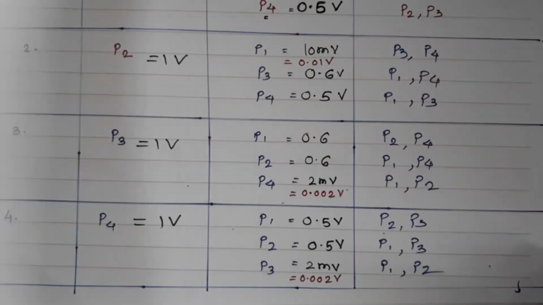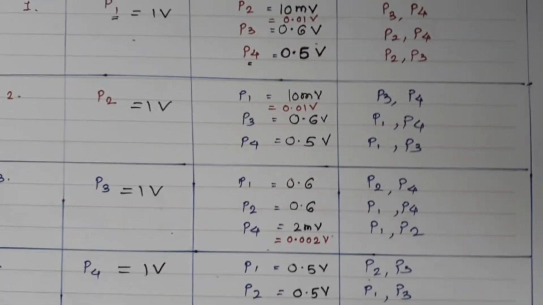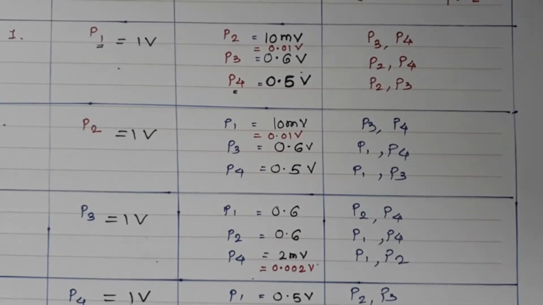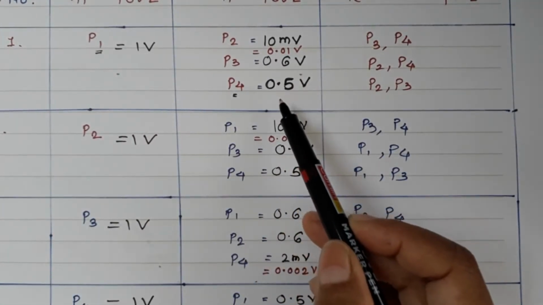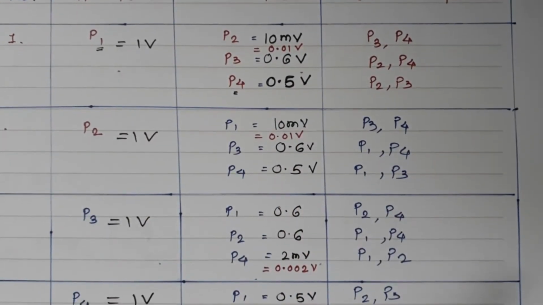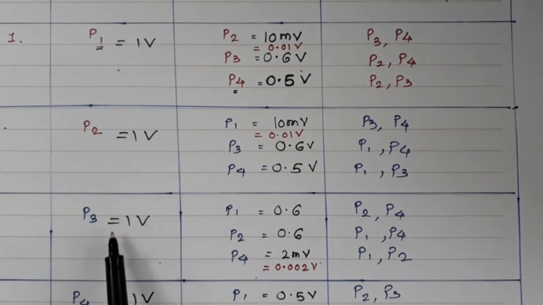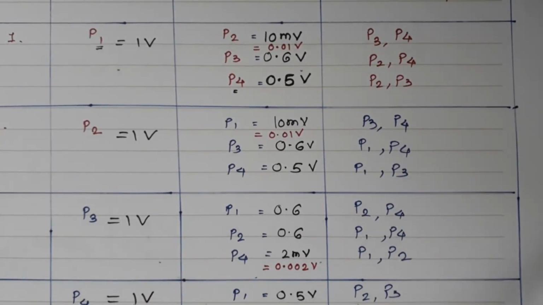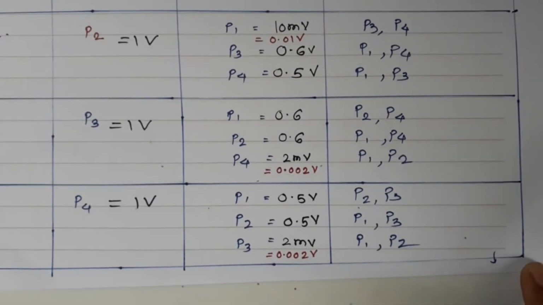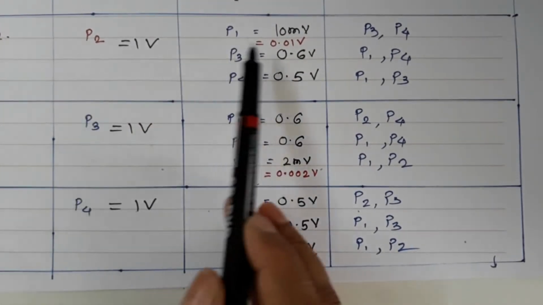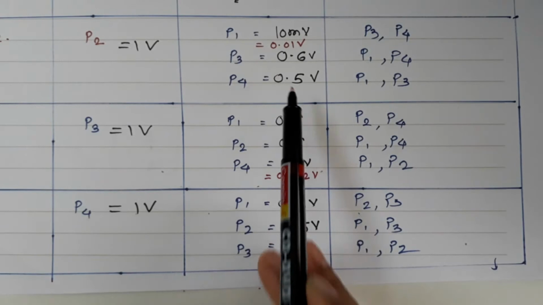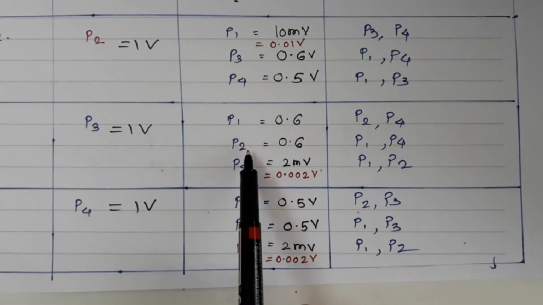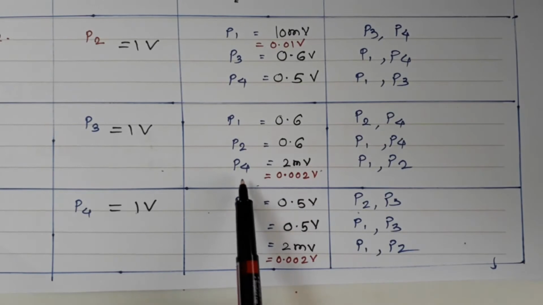Now let us talk about the EH-plane T. Here I have taken all the readings. I have demonstrated how we can connect port 1 and get the powers at ports 2, 3, 4. Similarly, I have connected for port 2 input, port 3 input and port 4 input, and I have got these readings. When you give input to port 2, very little comes at port 1, and at ports 3 and 4 you will get 0.6 and 0.5 volt respectively. For port 3 at 1 volt, ports 1 and 2 get equal power, 0.6, and port 4 gets